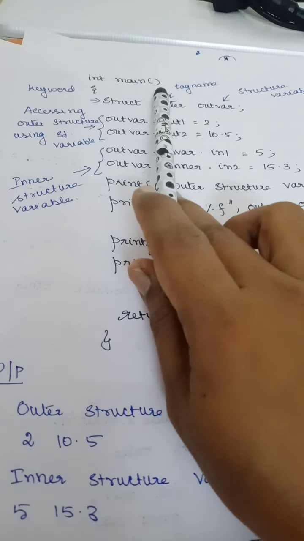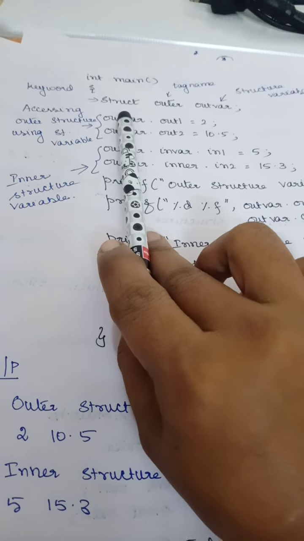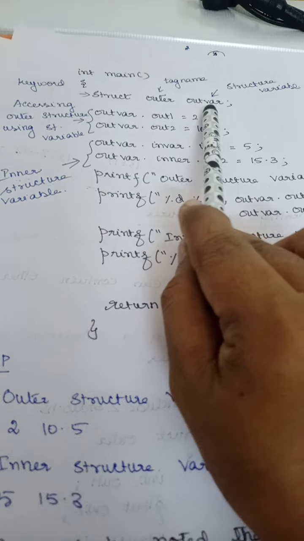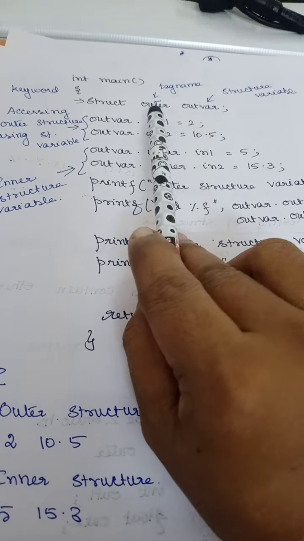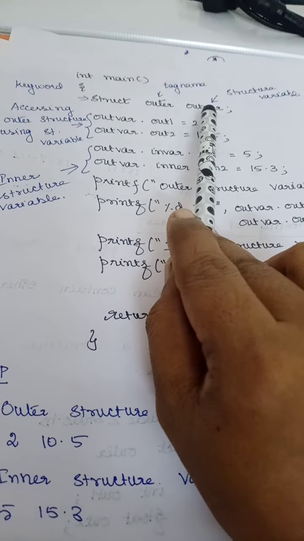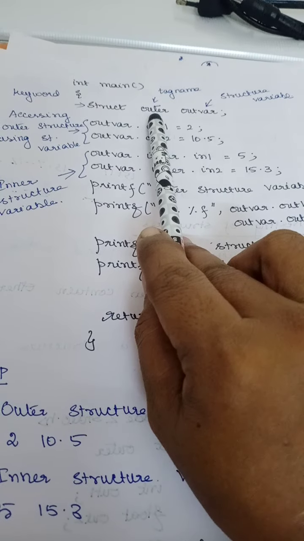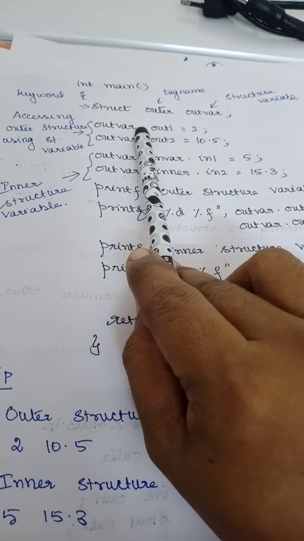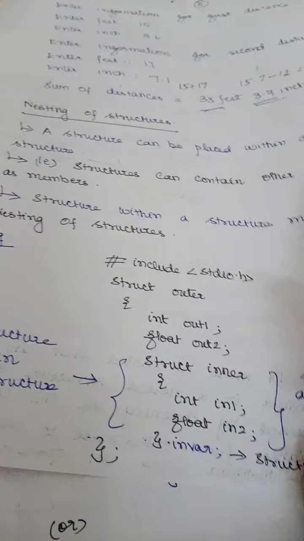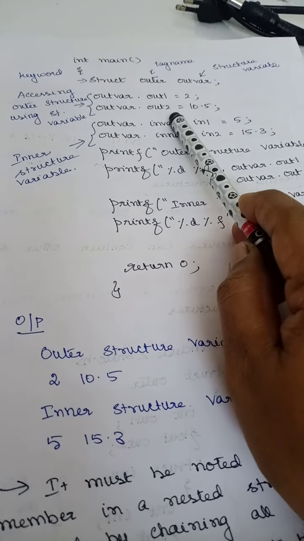Right. So here, int main. Here I am declaring the variable for my structure outer. So struct outer variable. Just to understand that it is a variable, I have used outvar, right? And outer is going to be the tag name, right? So this is a structure variable. Now if I want to access a member that is present inside this particular structure, how do I do it? Structure variable dot member. What are all the members I have here? I have two members, out1 and out2. So I am accessing out1, out2, right?